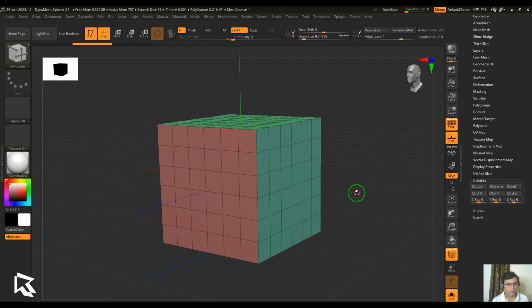My name is Vishal. In this video, let's have a look at the inflate option of the polygon actions in